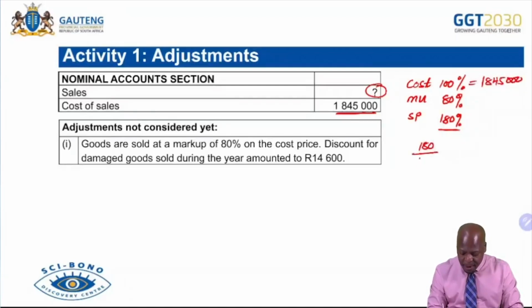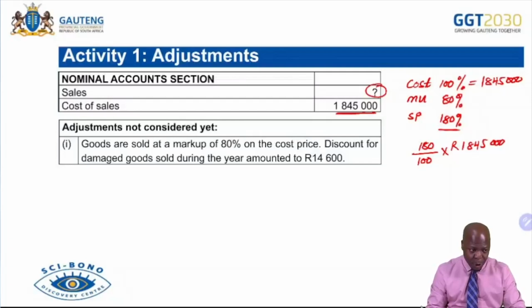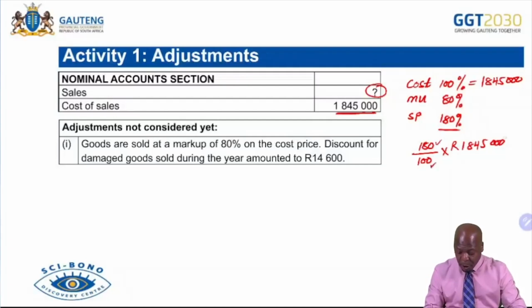What I have is 100. And what I have has a rand value which is 1,845,000. Now, I want you to have your calculator close, because I want you to punch these figures that I've just given to you. If you punch them, how much do you then get? We're saying 180 over 100 multiplied by